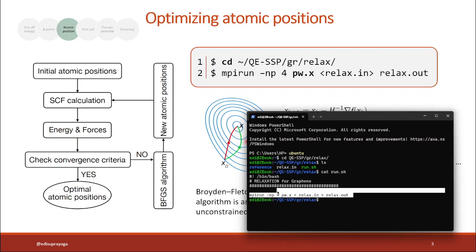We run this command by typing mpirun -np 4 pw.x -in relax.in > relax.out, and then enter.